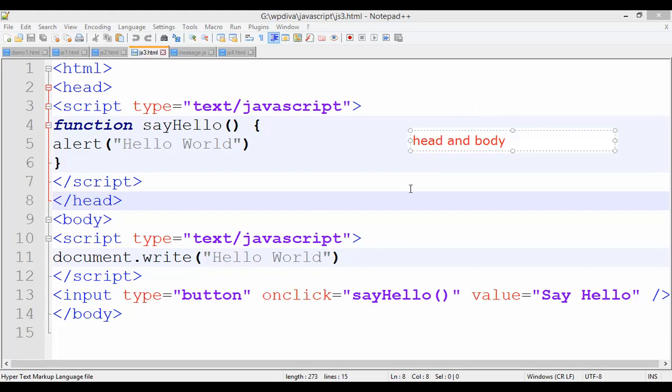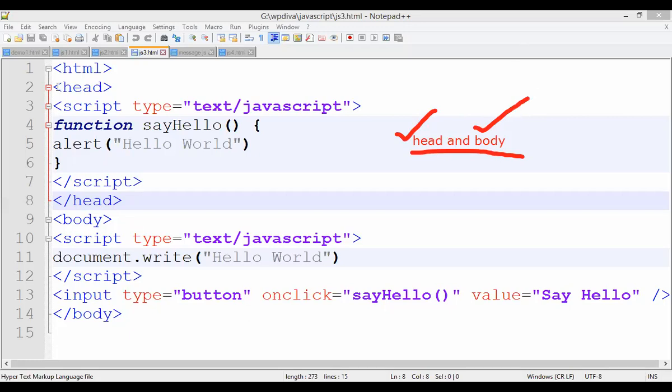So what are you going to do? You are going to write within the head tag as well as the body tag. So in both areas you are going to write. You write one script in the head tag, and another script within the body tag. This is also valid, students. But you must know when to call the code which is written in the head tag, and when to call the code which is written in the body tag. Whether I want to call the script in the head tag or the script in the body tag depends upon you.